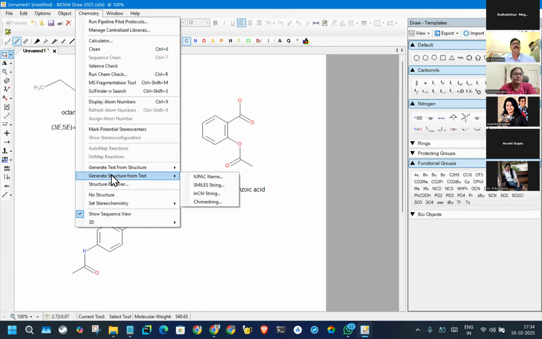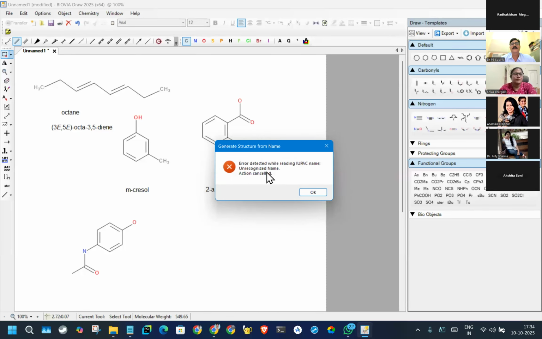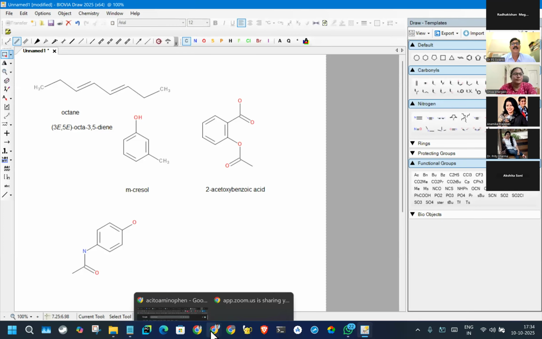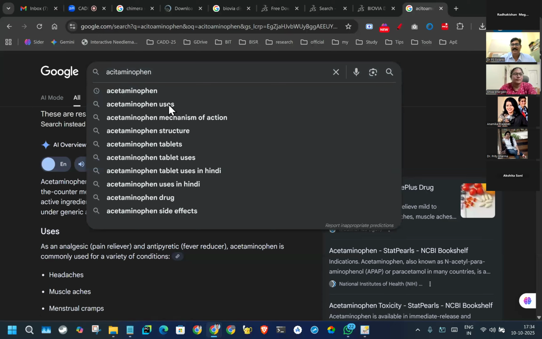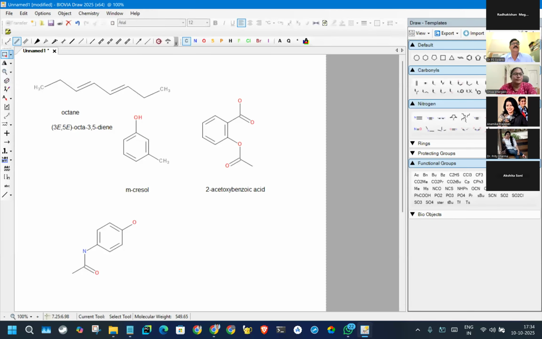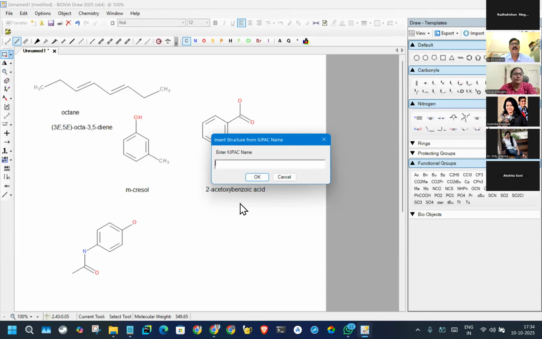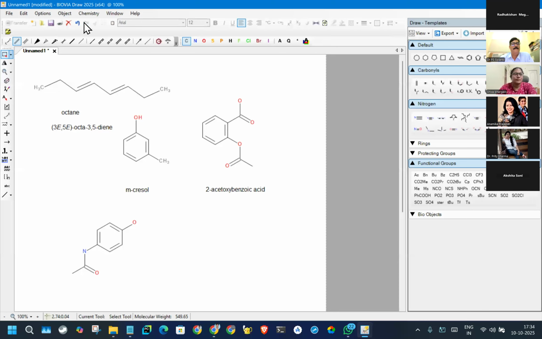Chemistry, generate structure from text. Write this. So you have copied the wrong one. अच्छा, जो आपने टाइप किया था वो आपने कॉपी कर लिया था। अभी सही है, एसीटा अमीनोफेन अभी सही है। केमिस्ट्री, जनरेट स्ट्रक्चर फ्रॉम टेक्स्ट। एसीटा अमीनोफेन नहीं लिया इसमें, पैरासिटामोल ही ले रहा है।